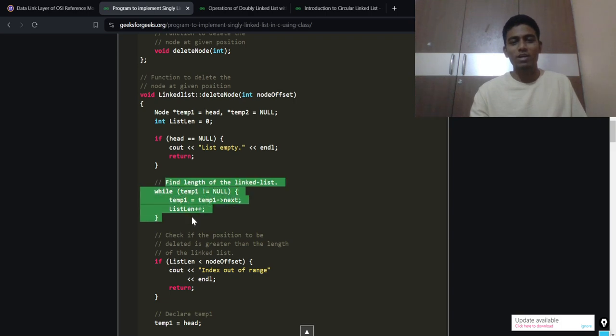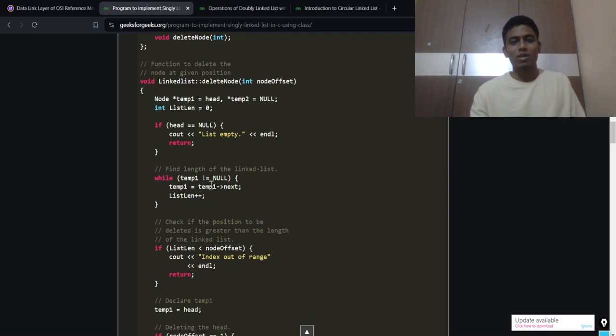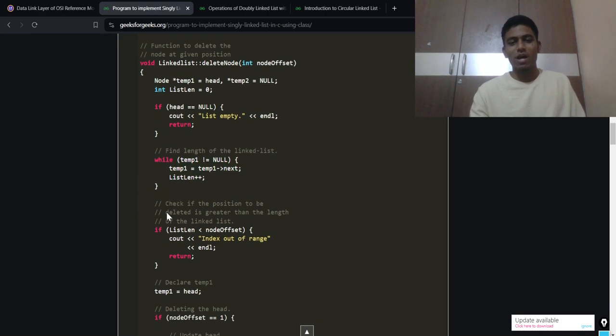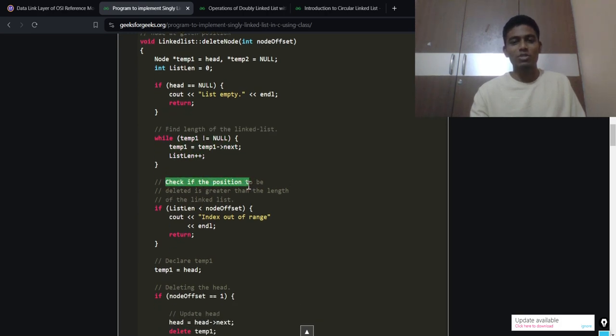Then we are going to find the length of the linked list. How can we find it? We just traverse till the end, until we find the null, and increment the list length for each node traversed. That's how we calculate the length. Here we check if the position to be deleted is greater than the length of the linked list. Suppose I have 5 nodes and I give 6,